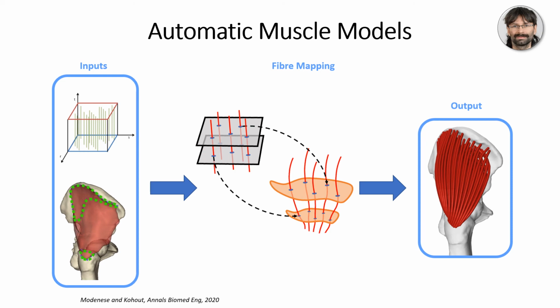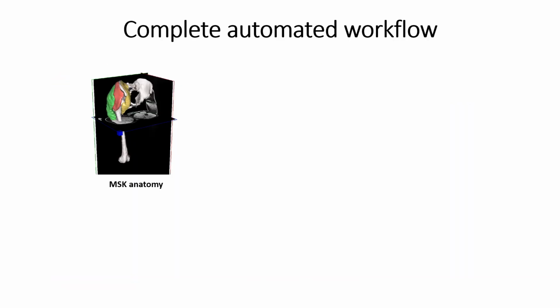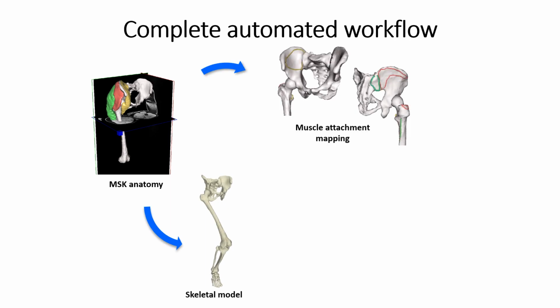Together with Josef Kout from the University of West Bohemia, we have developed an approach to generate three-dimensional complex muscle models from muscle segmentation. This approach is fast, and you can read the details in the open access publication. We are currently working to integrate this approach in STAPLE, so that after creating the skeletal model, muscle attachments based on extensive cadaveric dissection data can quickly be identified on the bone surfaces, and the resulting model can be used